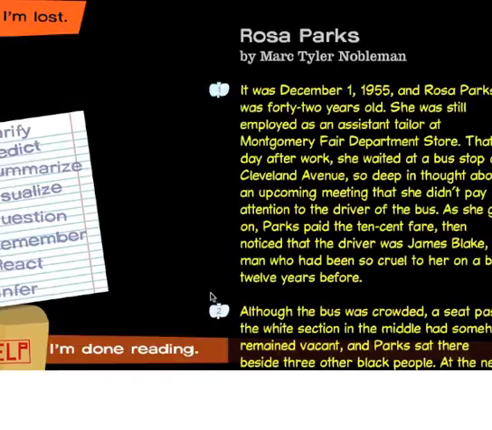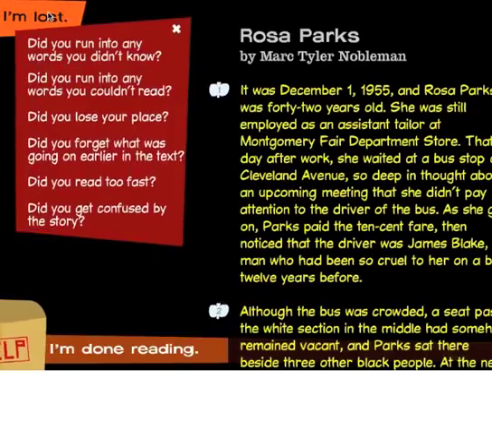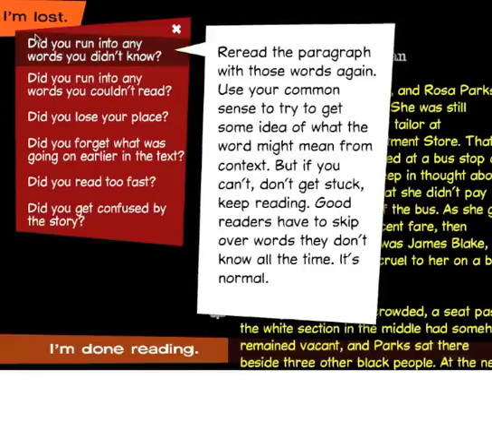reading. And then if you happen to use this in an individual manner or small group manner and the students get lost, you can go up and click on the I'm Lost button. And what's nice about the I'm Lost button is it just doesn't tell the students what to do, but it helps guide them so that they're not always relying on you for everything.